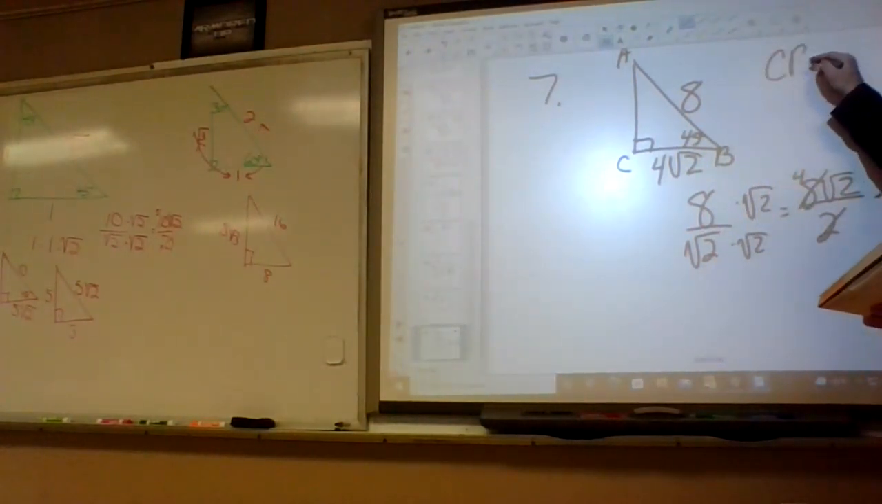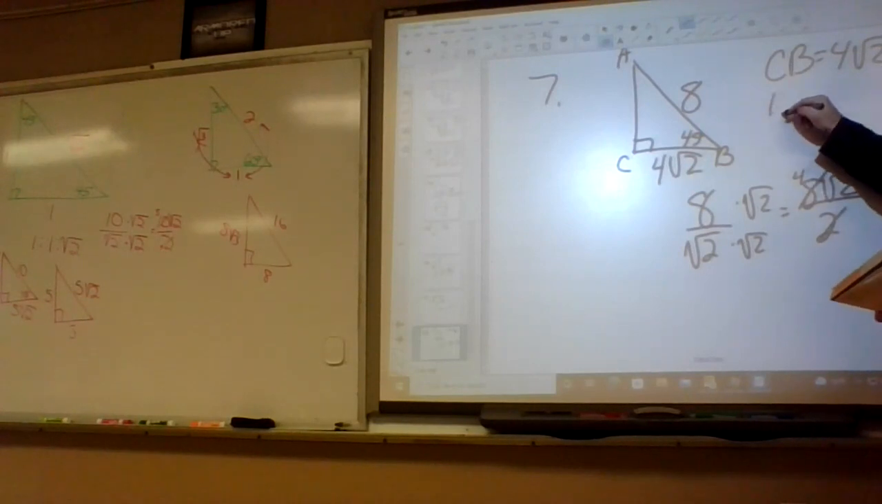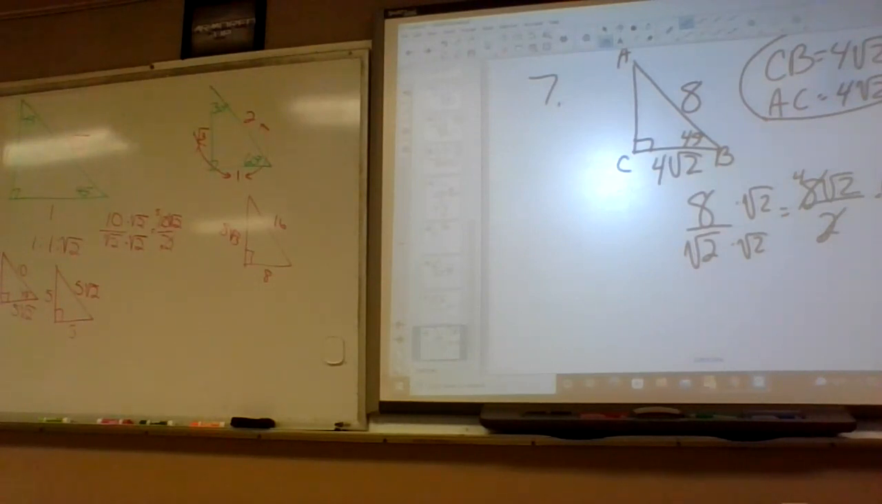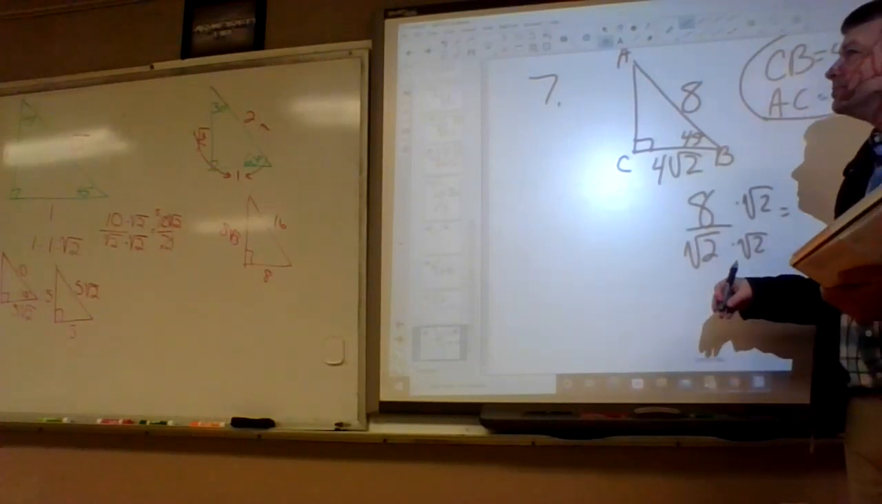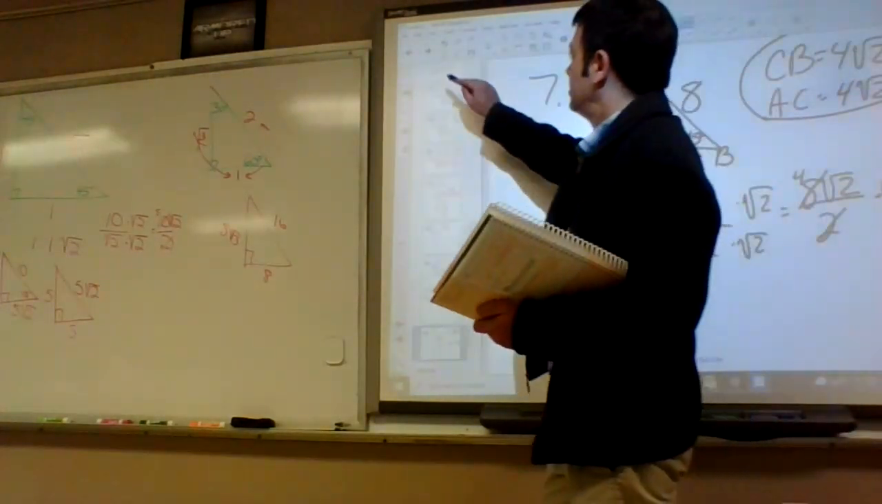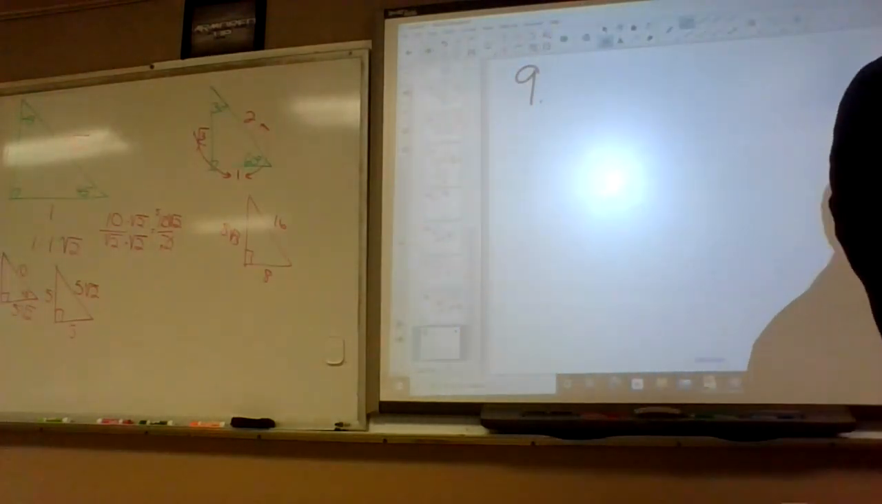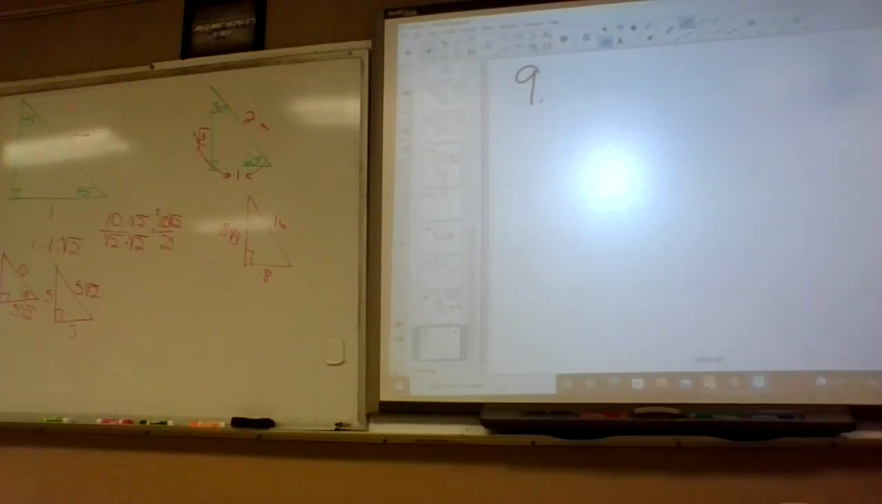I think you're supposed to put CB equals 4 square root of 2, AC equals 4 square root of 2. Square root of 2 is worth about 1.4, so 4 times 1.4 would be about 5.6, some decimal close to 5. Number 7 and 8 are using the 45, 45, 90 triangle, and number 9 and 10 are